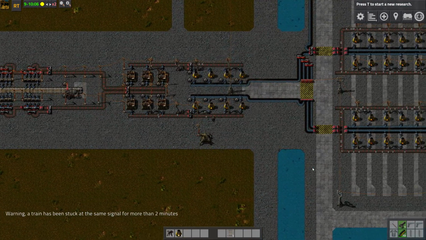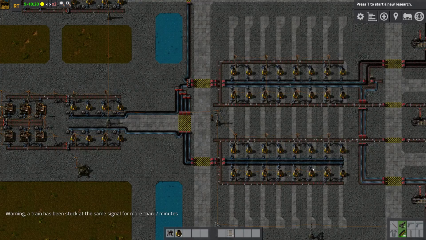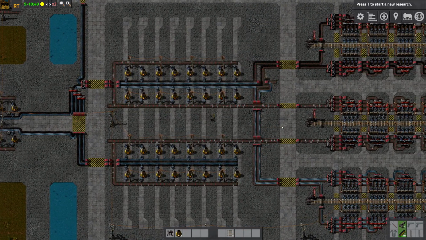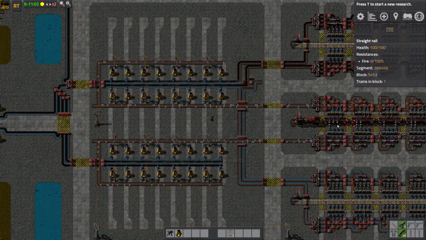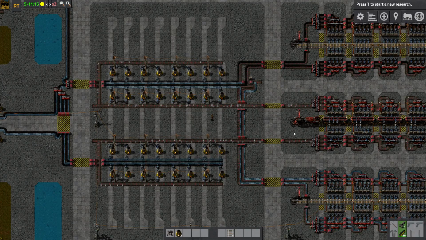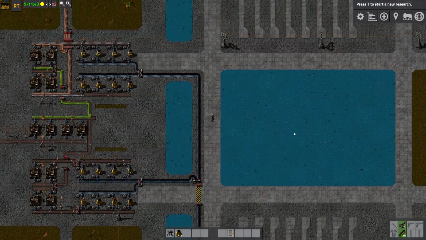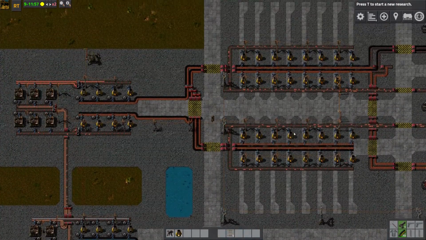So some of the iron plate is used for munitions, and the remainder of the iron plate is shipped off to other processes. The next system is the